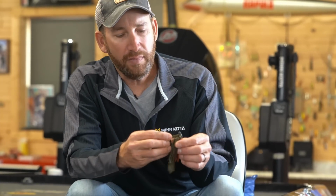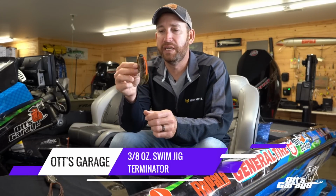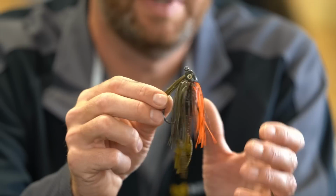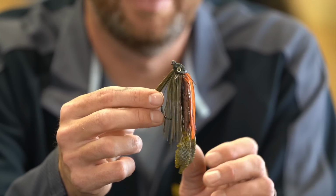Next up is a swim jig. Just your good old standard swim jig is something that I catch a ton of bass on this time of the year. This particular one has been well worn. He's been around and has caught a few. I did put a fresh trailer on it just for this video, but this particular jig has definitely seen some